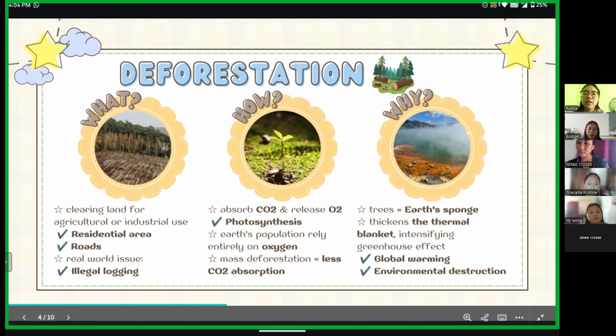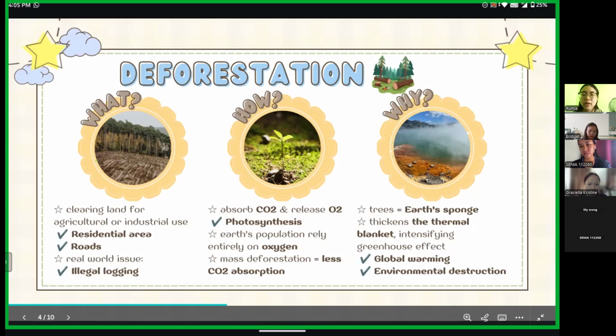So this brings us to why it is a necessity for us to protect or reserve the forest. As I mentioned earlier, trees play an important role. They act as a carbon sink, which is also called the earth sponge. So when deforestation happens, it can thicken the thermal blanket in the ozone layer of the earth, intensifying the greenhouse effect. So when there is more carbon dioxide in the atmosphere trapped in the ozone layer, this not only contributes to global warming, but